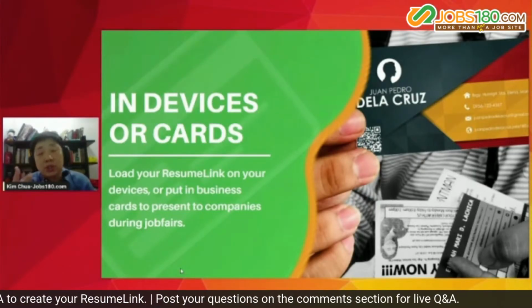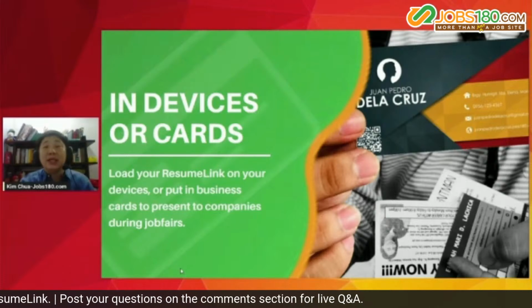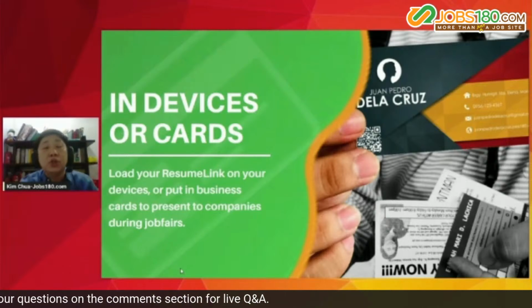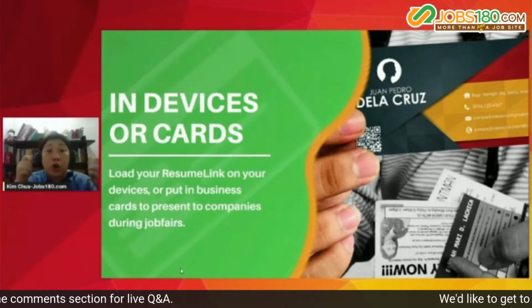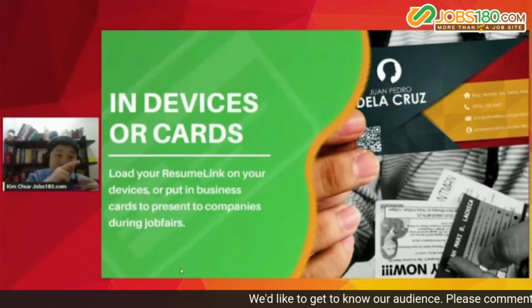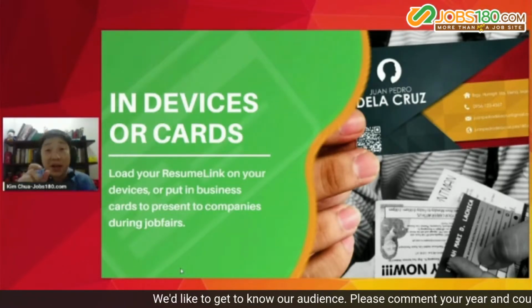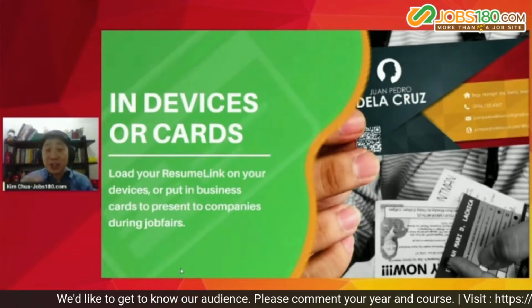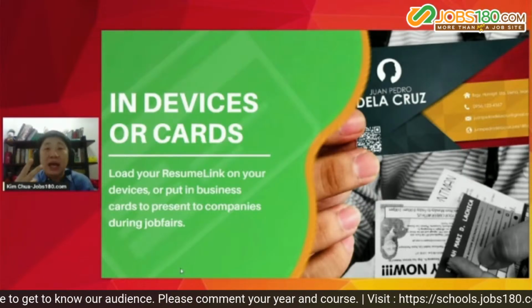Diba? Because of course, right now, tipid. Kasi if you're going to apply to 20 companies, you don't need to print 20 sets of long bond papers. You just need to print one long bond paper and cut 20 small pieces of resume link cards. O, di ba? That's for the cost side. Tipid na. Pangalawa, at mas importante,